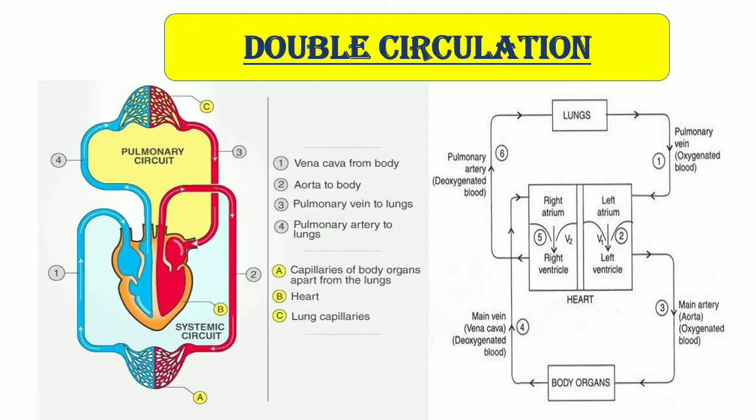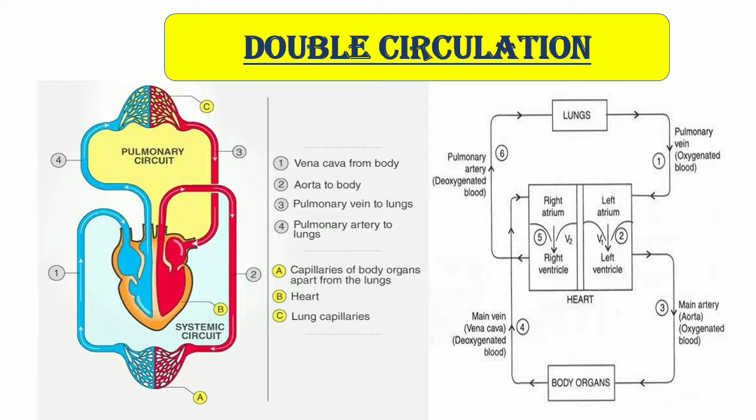That's why the name is given double circulation. Once the blood is oxygenated through the lungs, and once the body utilizes the oxygen from the blood, which is reaching the tissues. So the heart is receiving two types of blood, the deoxygenated blood and the oxygenated blood. The left part receives what type of blood? Oxygenated. The right part receives the deoxygenated blood. I hope it is very simple for you all.